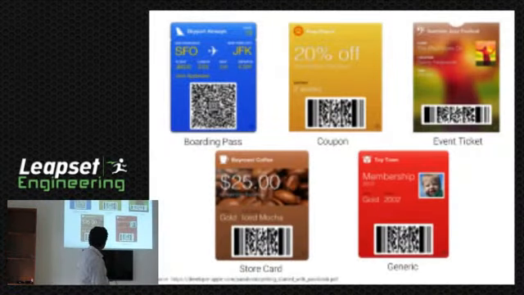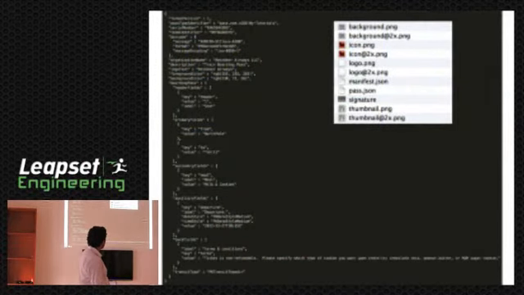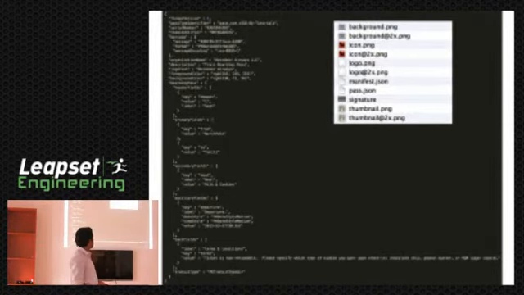So this is called the strip image, this is called the logo image, and this is the icon image, which you can show up on the home screen. You just give what you want to be shown here with the specific dimensions, and it just shows up there. No need for any programming, no need to write logic. It will just appear. The 2x is there for retina displays, the same image duplicated for retina display purposes.